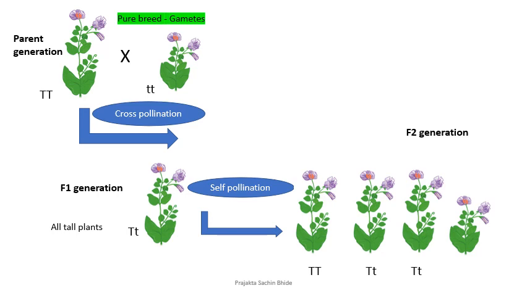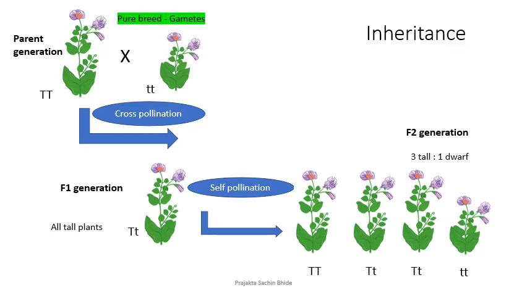Amongst the 3 tall plants, there was only one which was homozygous and the other 2 were heterozygous. The third one, will it ever have a capital T over there? Definitely not. The third one was small t, recessive. Remember? So in the F2 generation, what he saw was 3 were tall phenotypically and 1 was short, dwarf. 3:1, that is the ratio.